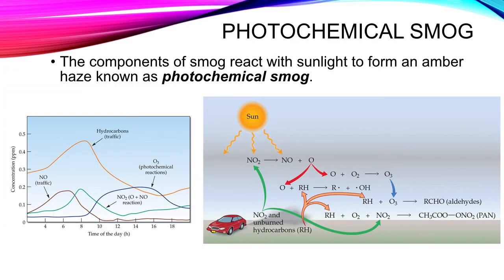Another type of smog is photochemical smog. Photochemical smog is different from industrial smog because photochemical smog occurs when there is a reaction of the gases in the atmosphere with sunlight. So you can see in the image here you have the sun, and the sun is reacting with nitrogen dioxide, or NO2, and that is creating that smog-like effect. Then NO2 typically comes from incomplete combustion